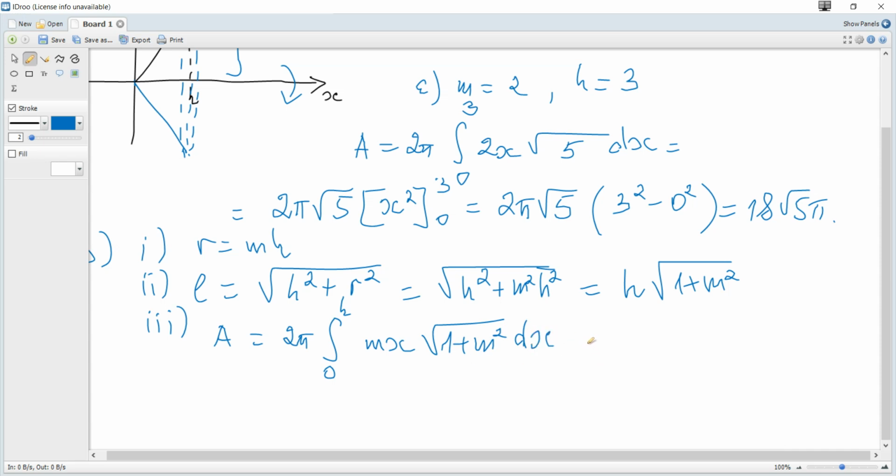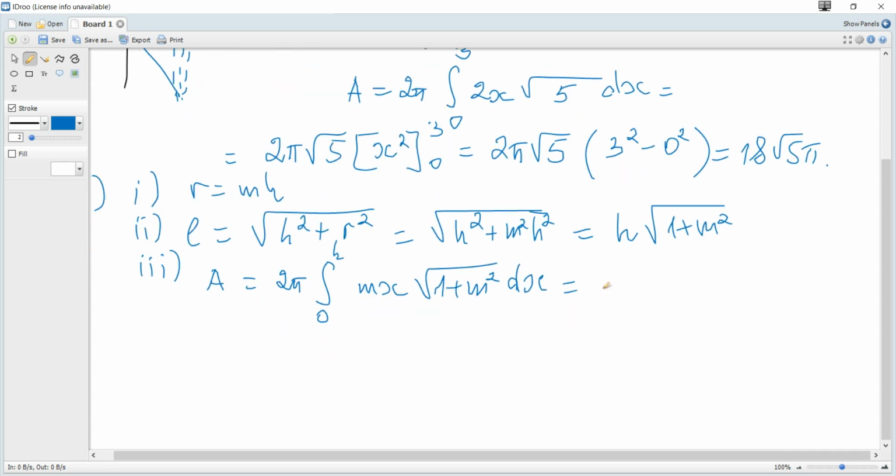Integral of x is x squared over 2, so it becomes pi m root 1 plus m squared x squared, and limits 0 to h, and it becomes pi h squared, this minus 0,